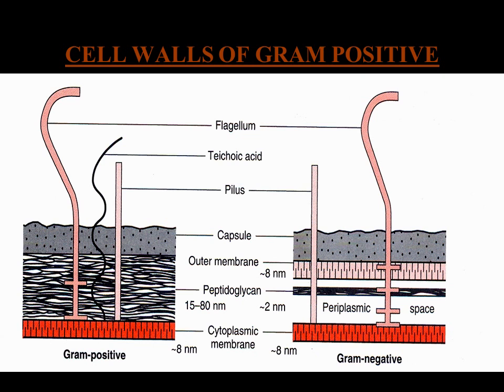But there are a few other structures that are only present in the gram negatives, like this outer membrane after the capsule. The outer membrane's outermost leaflet is actually the endotoxin that is present only in gram negative bacteria. There is a periplasmic space, the place from where enzymes like beta lactamases usually are secreted out of the cell.